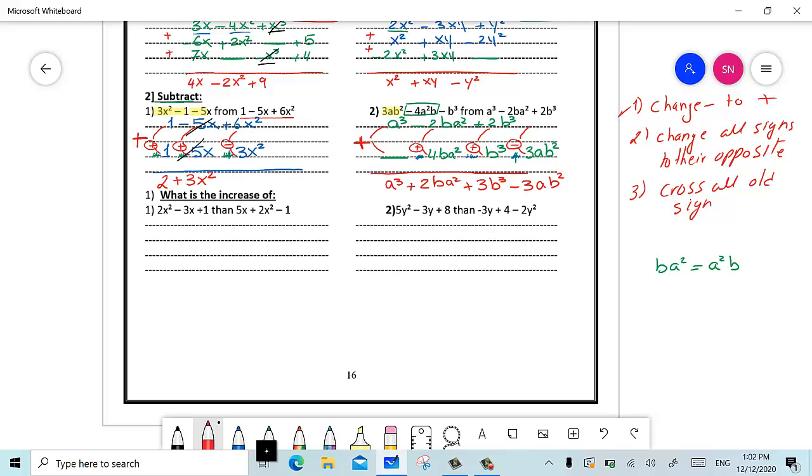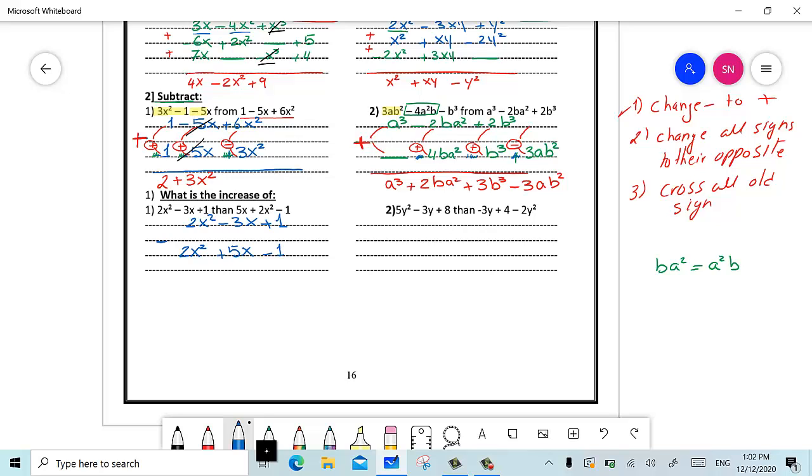Let's go now and see the second question. What is the increase of an expression from another? We said that when I am told what is the increase of an expression from another, I am taking the first expression minus the second expression. So now let's start writing the first expression, which is 2x squared minus 3x plus 1, and I'm going to subtract from it the second expression but arrange the like terms under each other. So here I have 2x squared plus 5x